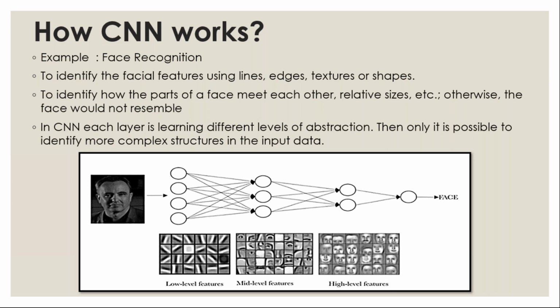Your hidden layer performs feature extraction. In the feature extraction, you have 2 hidden layers. So I'm going to place 2 hidden layers. In the first hidden layer, I'm extracting low level features. In the second hidden layer, I'm going to extract the mid level features. So after feature extraction, now I have a feature map. Okay. From that feature map, I'm going to recognize a face. So this is the concept of CNN, right?